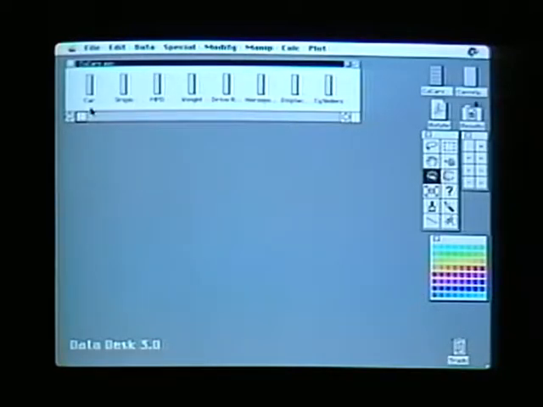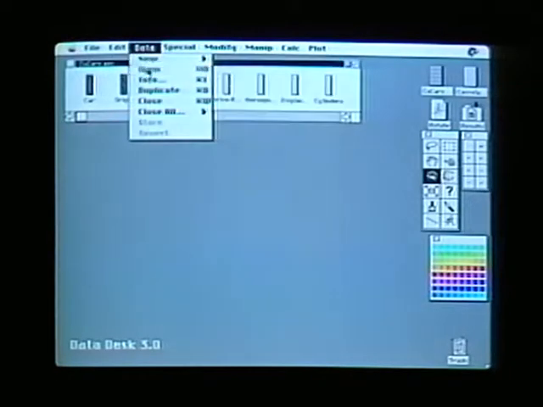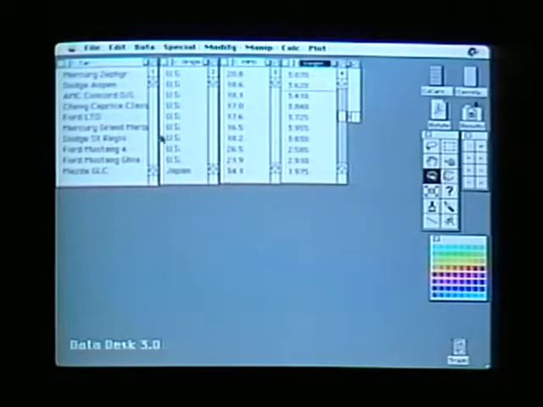It's a data set that I use in class and that we use for exercises sometimes. We have the name of the car, the country of origin, the gas mileage, the weight, and so on. And you can open up the icons and see inside that the data is right there. So we can see that the Chevy Caprice Classic is made in the United States. It gets 17 miles to the gallon and weighs about 3,800 pounds.